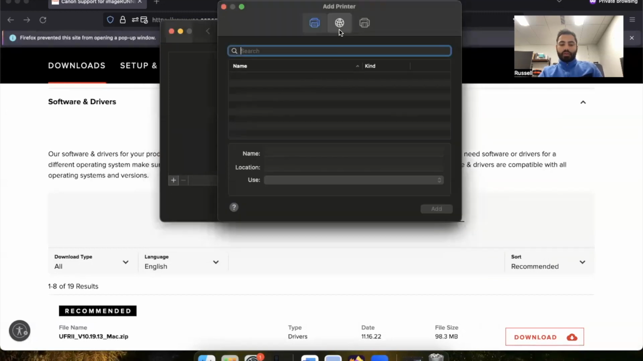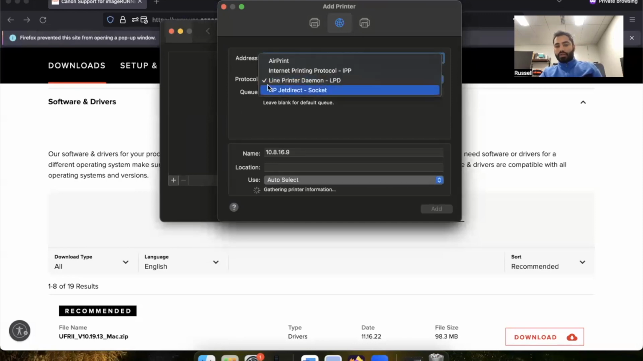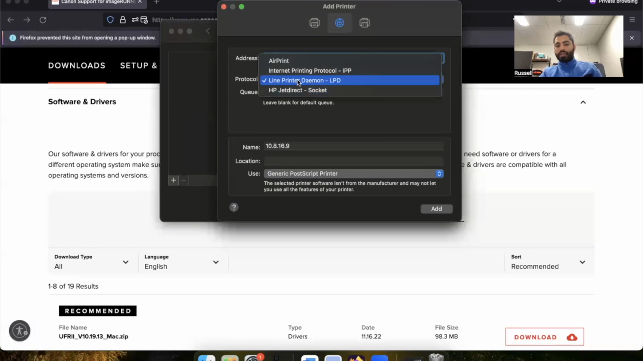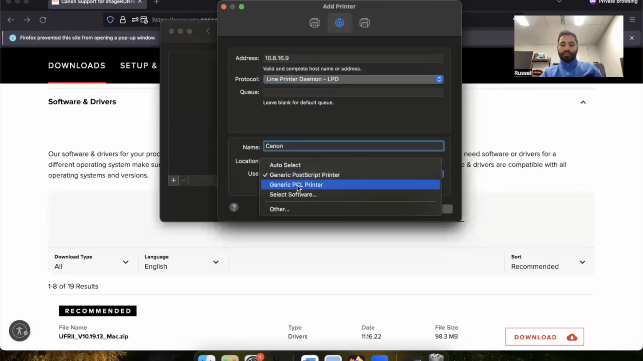Then you're gonna click on this IP option and type the IP address. In this case, it's 10.8.16.9. And then you're gonna click on line printer daemon. So you click that, change the name of the printer, and then select the driver of it. So you're gonna click on